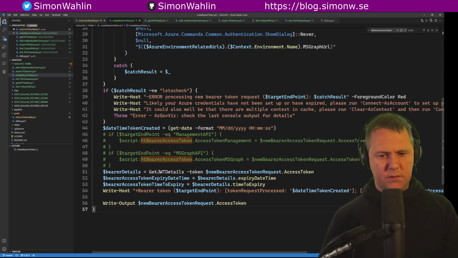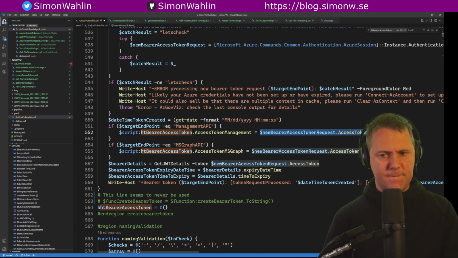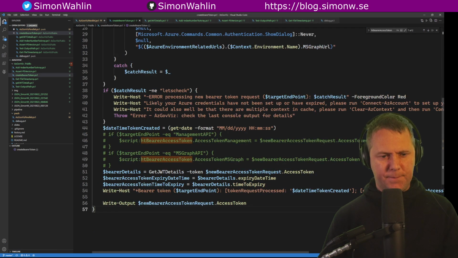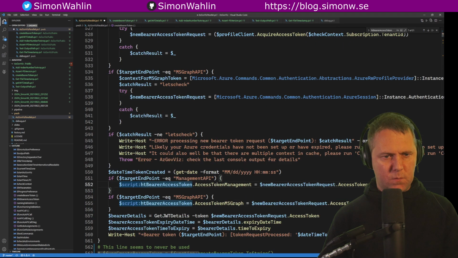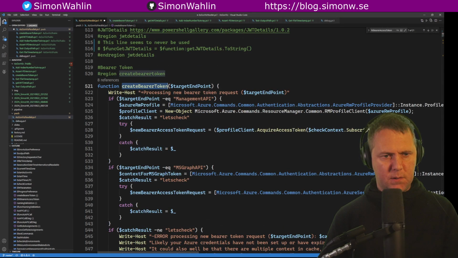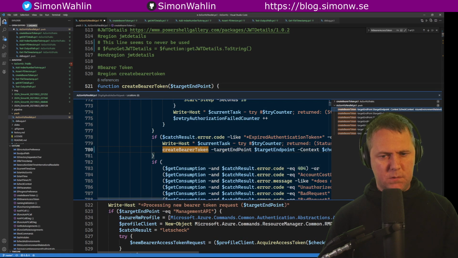So we make this function just return the access token. I think this should work. And then we do, oh, where's my, so every time we use this,